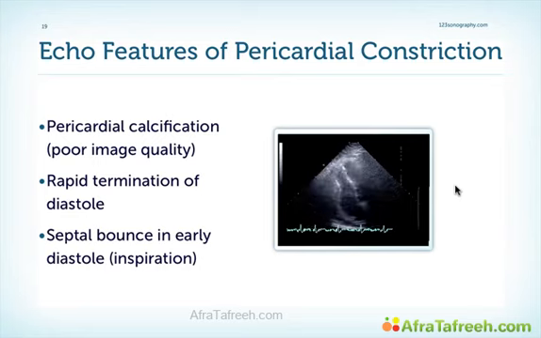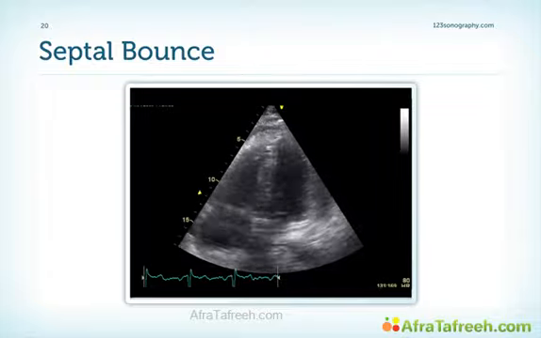Take a look at this image of a patient who has pericardial constriction. Note how the ventricle fills. All of a sudden, we have an abrupt stop of outward motion of the myocardium. In addition, you can see that there is an abnormal motion of the interventricular septum. This is the septal bounce. Also take a look at the contour of the right ventricle here. You have the impression that there is an indentation here, as if a calcified clamp were sitting here which constricts the right ventricle. It's often quite difficult to really see the features of constriction such as the septal bounce.